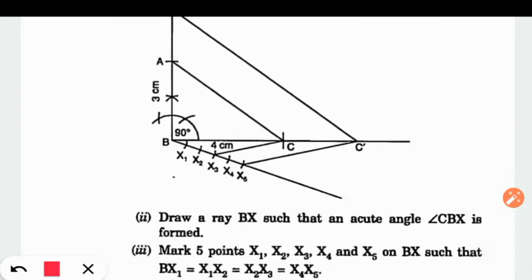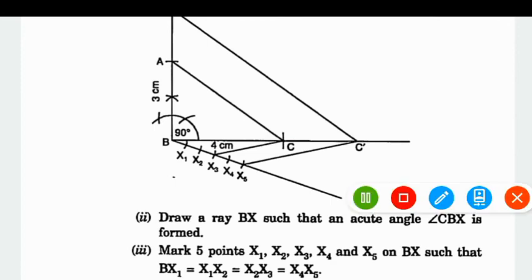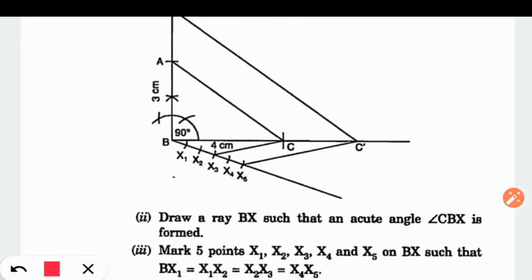Now again we are required to do the same thing. Draw any angle, and this line is BX. Now divide BX into 5 equal parts, as 5 is greater. In the scale factor we have 5 by 3. That is why divide BX into 5 equal parts: x1, x2, x3, x4, x5 like this. Now in the scale factor we have used 5, but we haven't used 3. Now take x3, join x3 and C like this.